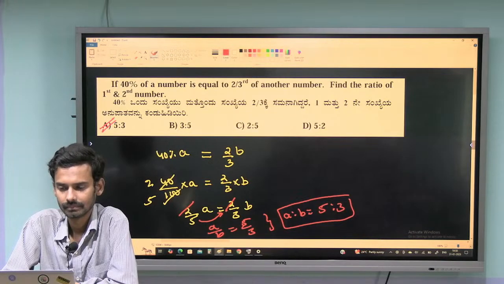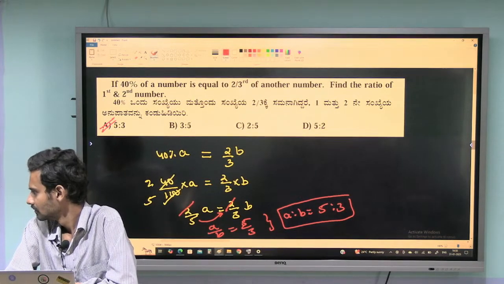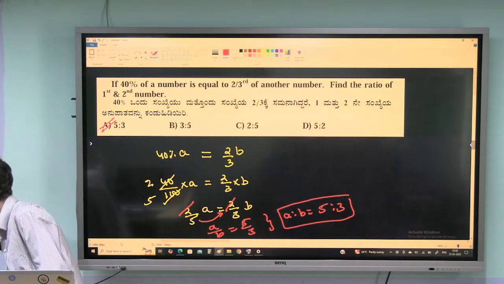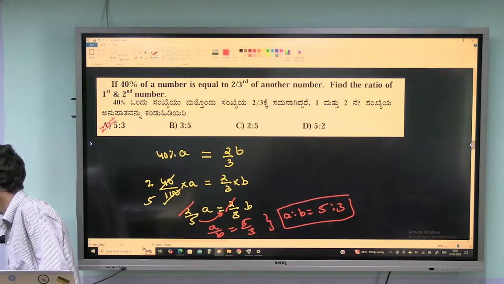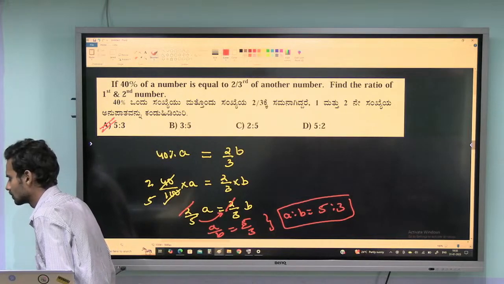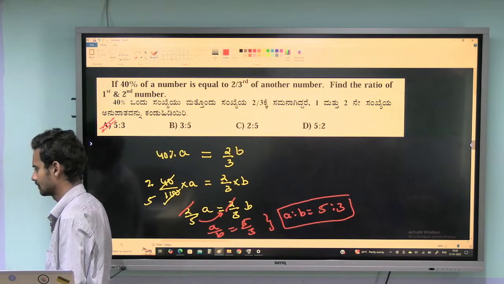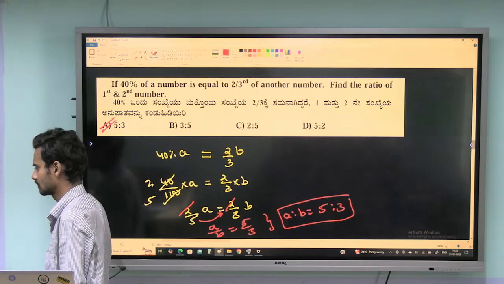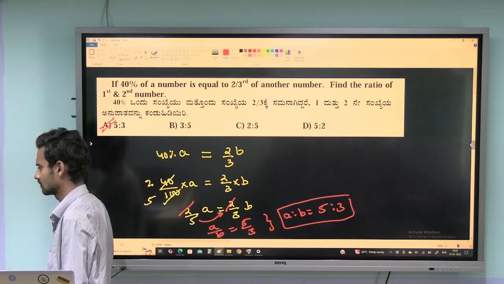Getting this? Sorry, what you are asking for? Should I explain it once again? Which question? The previous question or this question? Rakshita,